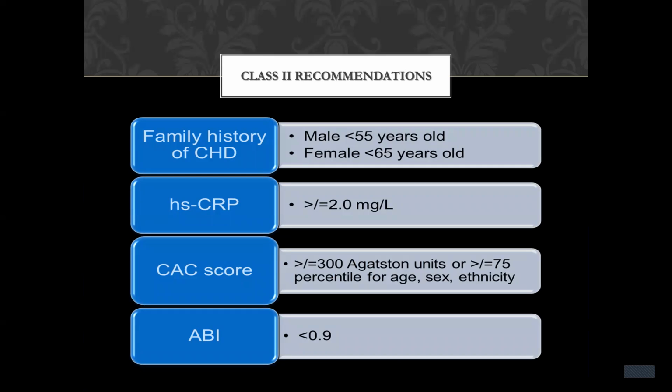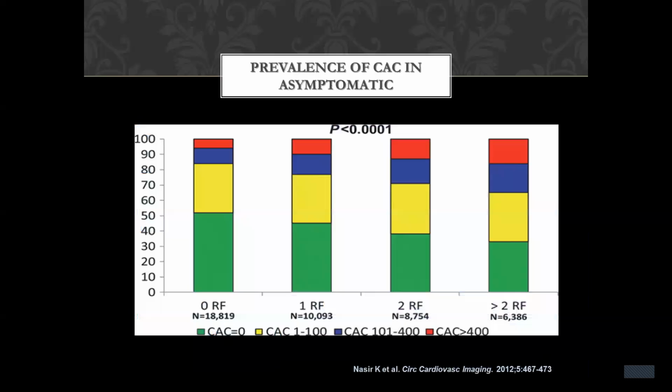So class 2 recommendations. Basically, you have an option to check the calcium score as a way to image for subclinical atherosclerosis. You may treat for an hsCRP greater than 2. You should consider family history of premature disease and ABI less than